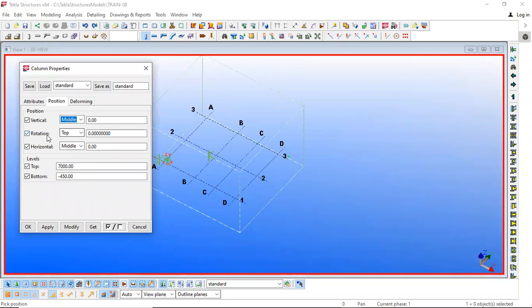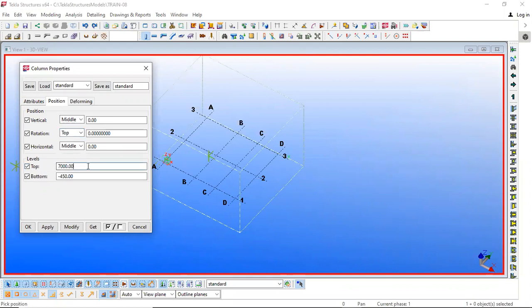And rotation can be as per the design drawing. So the direction of flange and web will depend on the design drawing. So the position given in the design drawing, you have to match those positions, right? In order to have a proper connectivity for that building. So we have to match each and every detail of the design drawing given to us.